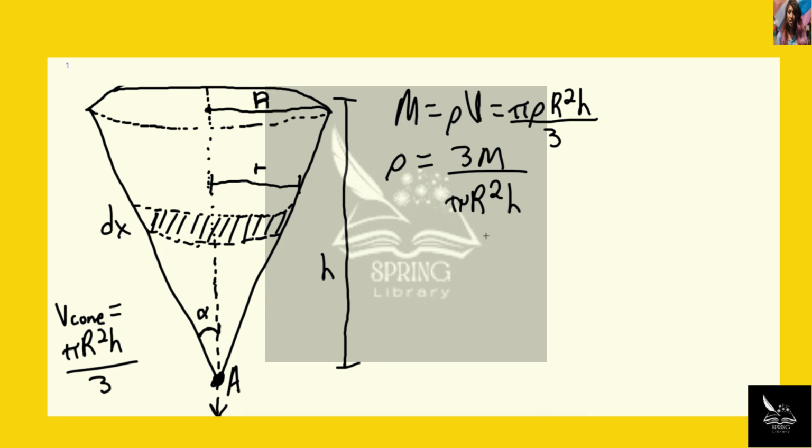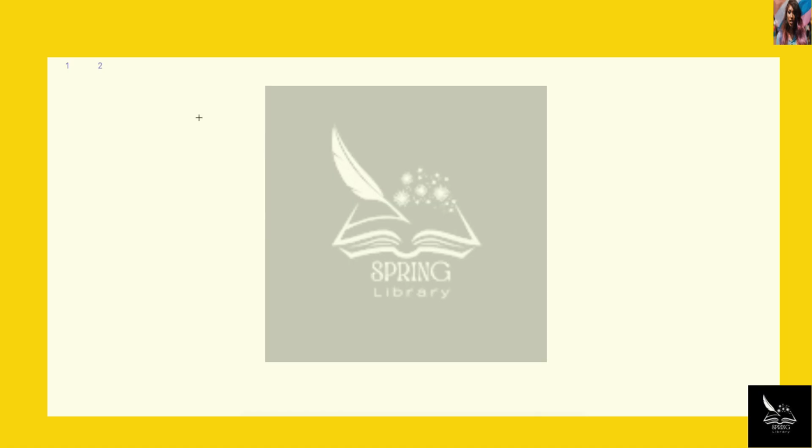Let's consider one disk of this cone of thickness dx, which we have labeled here in the diagram. And then we'll say at a distance x away from vertex A, R is going to be equal to x tan of